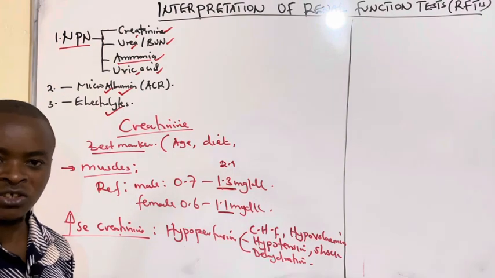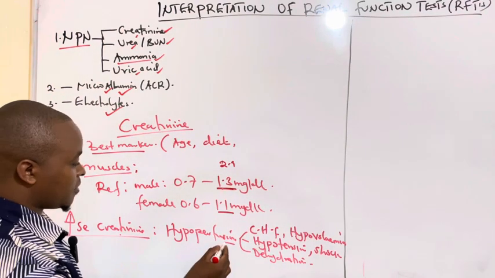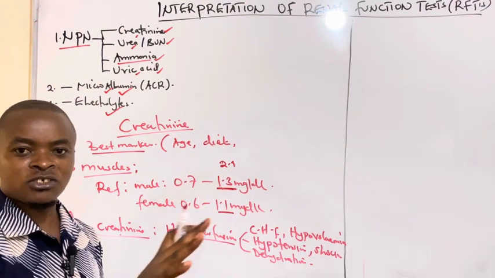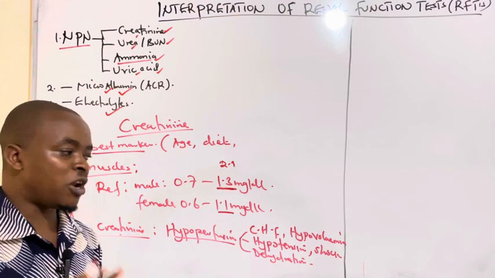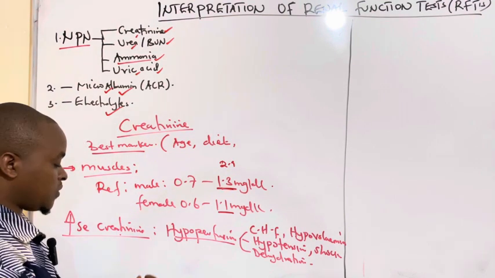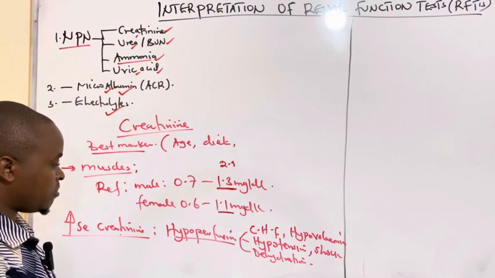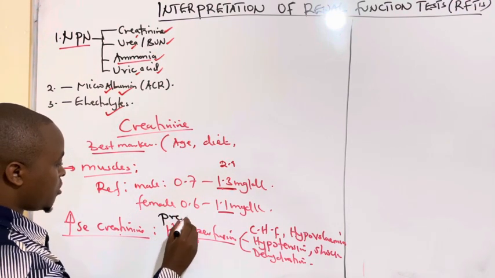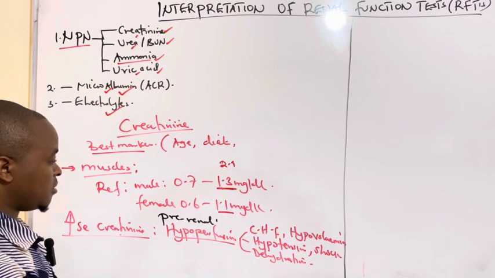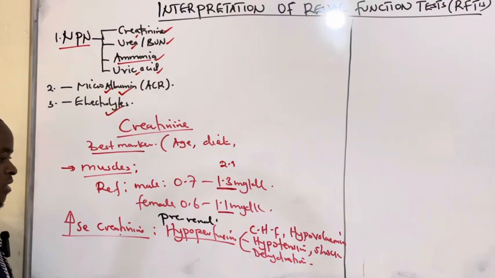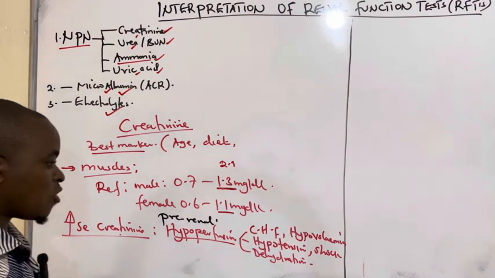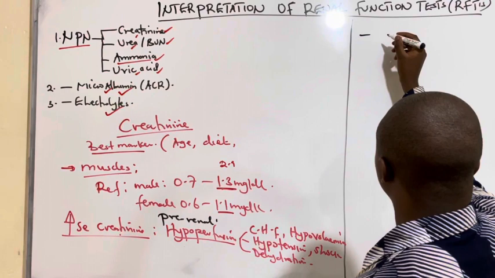So here the kidney is normal, but the blood flow to the kidney is reduced. So that's why we call it pre-renal. So this is the pre-renal cause. We can put them under pre-renal causes of elevated creatinine. And for other causes, we can see kidney diseases,